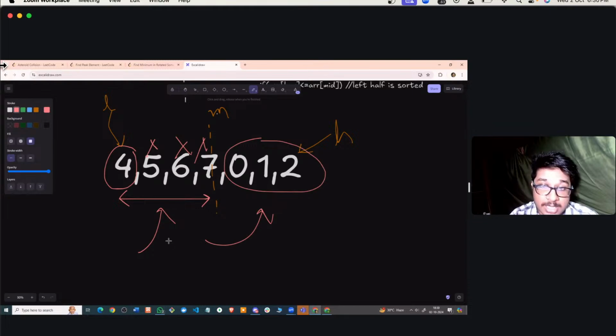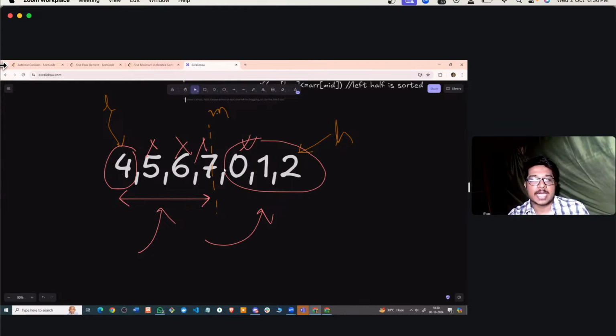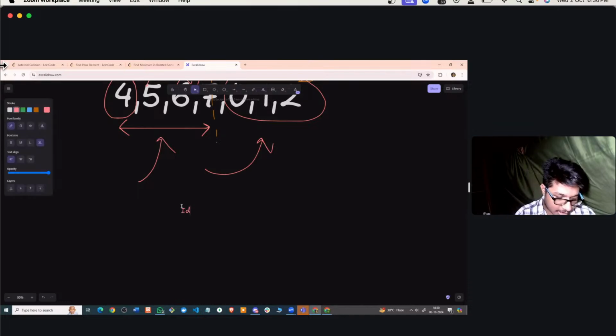Why? Because 4 is the minimum element in my left half. But there is a possibility that there are even smaller numbers than 4 in my right half. Is there a possibility? Yes, it is. You can see here, 0 is less than 4. Among the left half, 4 is my minimum element, but there are elements which are even less than 4 present in the right half. So the idea to solve this